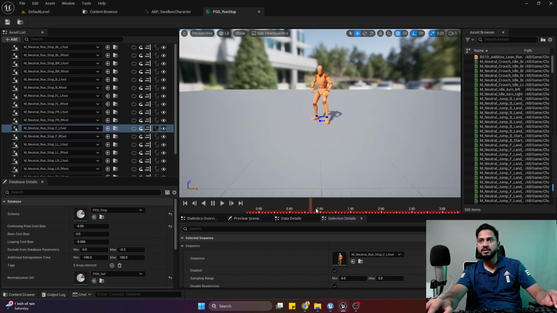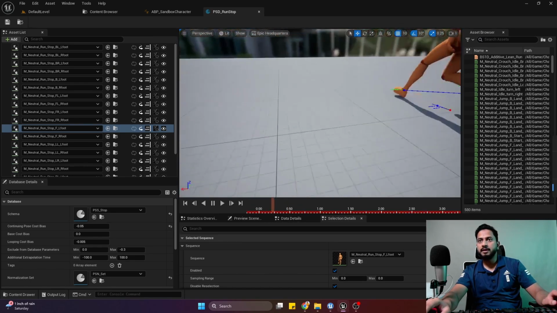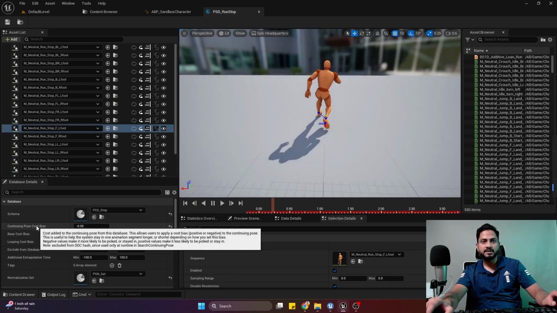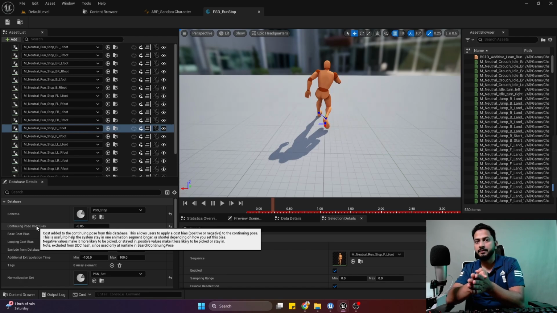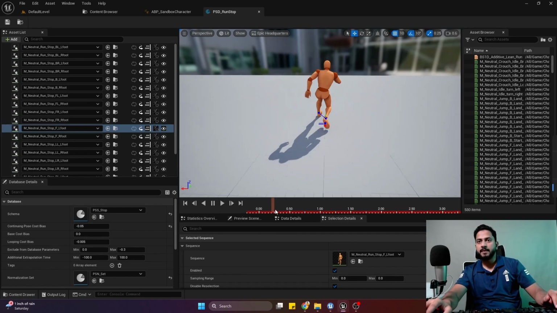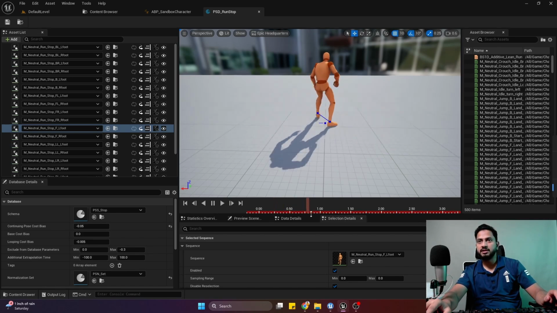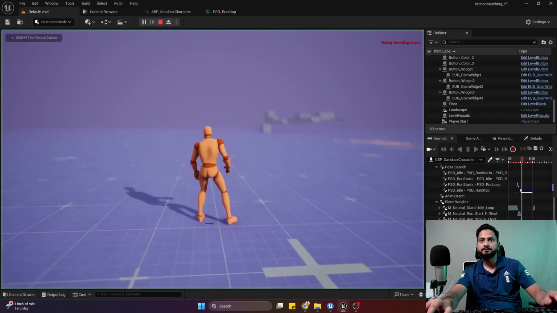When motion matching tries to pick this animation, it tries to remain in this animation. This is useful to help the system stay in one animation segment for longer. So now we want this database to remain in that particular animation segment for a longer period of time, instead of changing it so quickly. So that's why we have changed it to negative 0.05. And now if I hit play